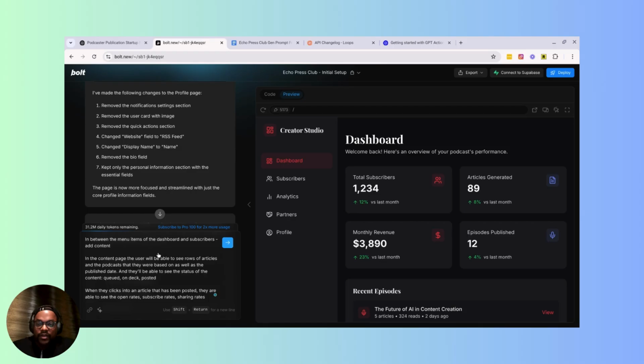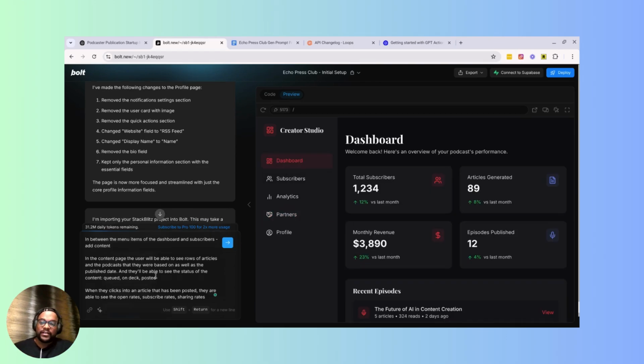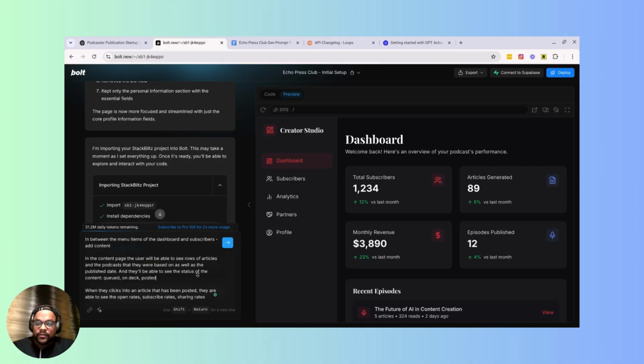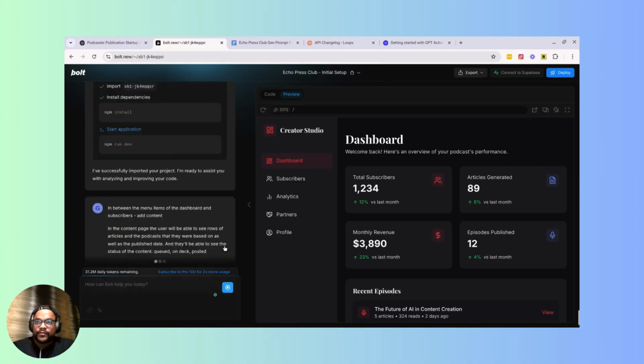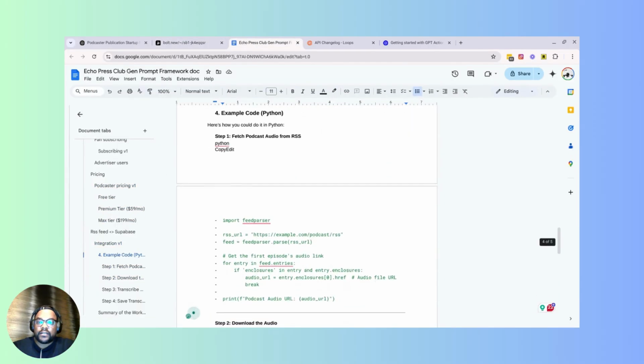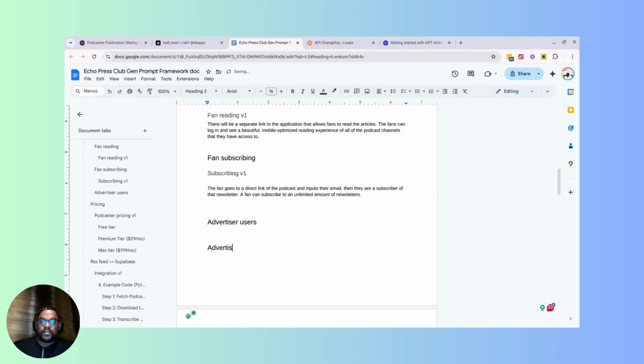As you saw, we're going to have to build a separate experience for readers and then a special experience for partners, which should be fun. I'll give you an insight into what I'm thinking there in a second. Here, while that's cooking, I'll tell you where it is right now. Advertising users. Advertiser V1. Okay, so what I'm thinking is